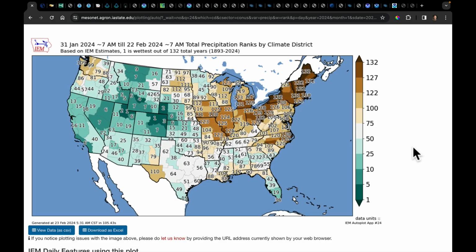I want to start you off with what February has given us, and this is a map of total precipitation ranks by climate district. What I'm getting concerned about is parts of North Carolina, because we have really been missing decent rains across, especially, the eastern half of the state for a while. There was better moisture back in January and certainly better moisture back in December, but we've really been missing out